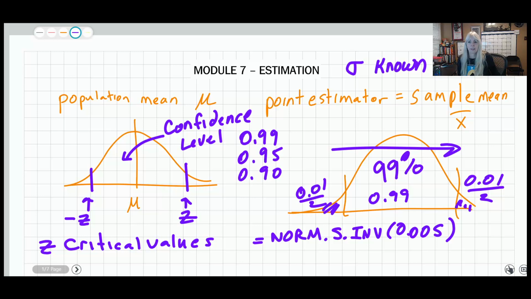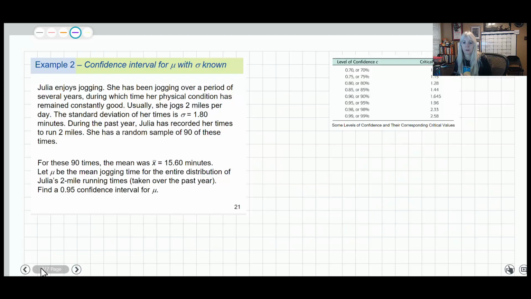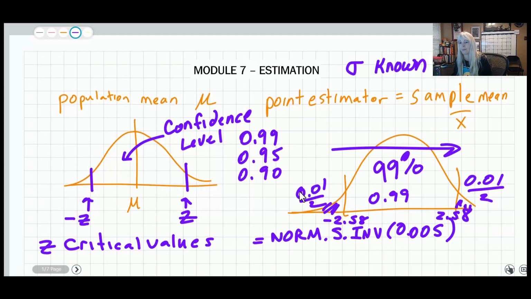You know, to get the positive. And because this is symmetric, you will get the same values. So you should get a negative 2.58 and you should get a positive 2.58. All right? So when we conduct these confidence intervals, because I'm going to do one here in a next example,